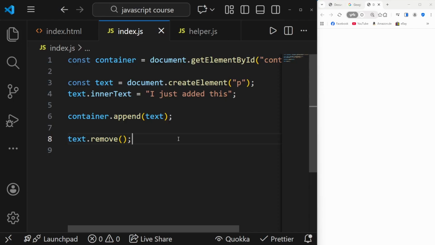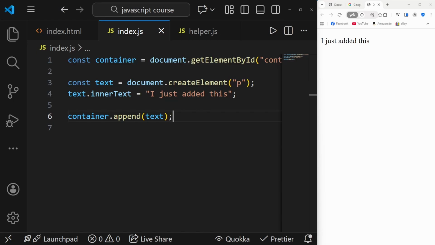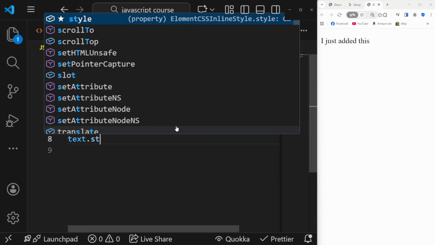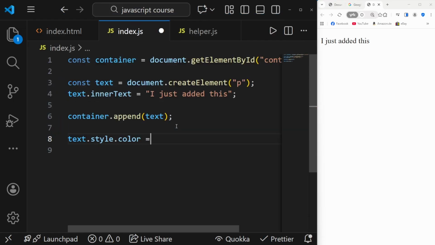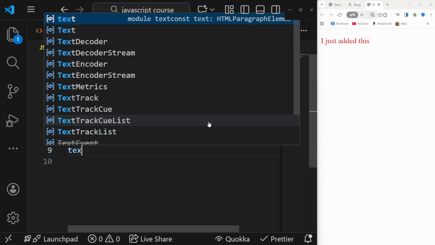Now let's take a look at styling. So let's keep our text right here for now. And imagine we wanted to style this text. The easiest way is to just use text followed by .style, and right here you can now use a lot of CSS properties. So I could add a color, for example, by just using color. And color can be equal to red. You could also say